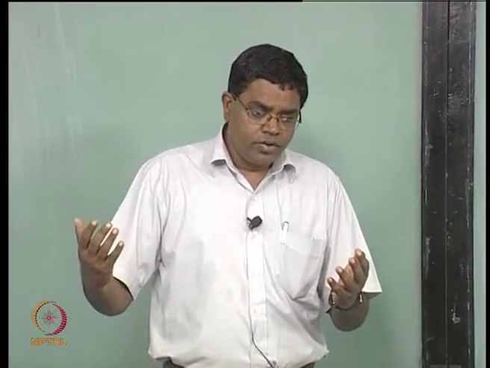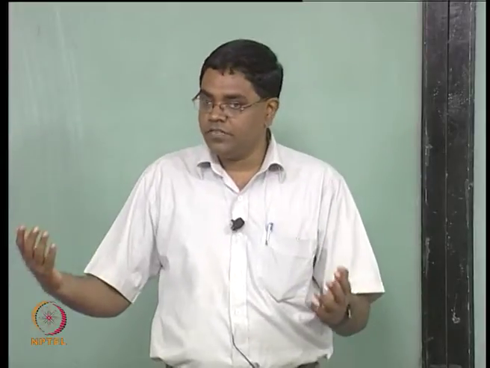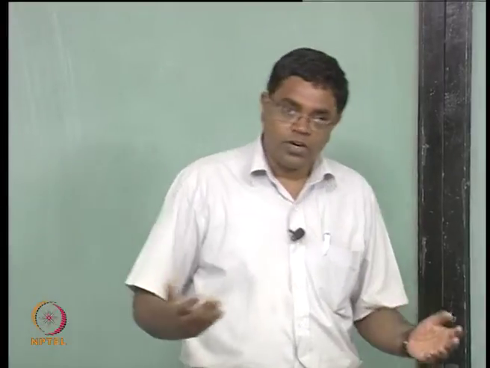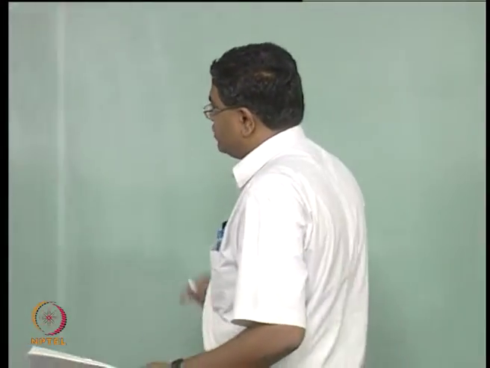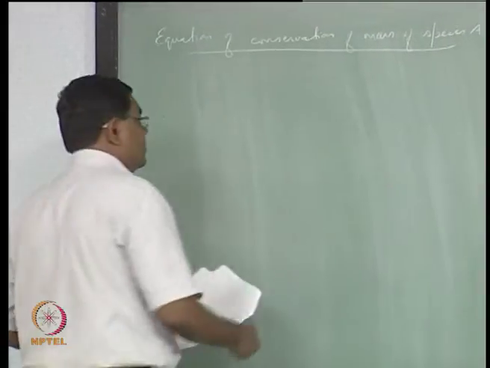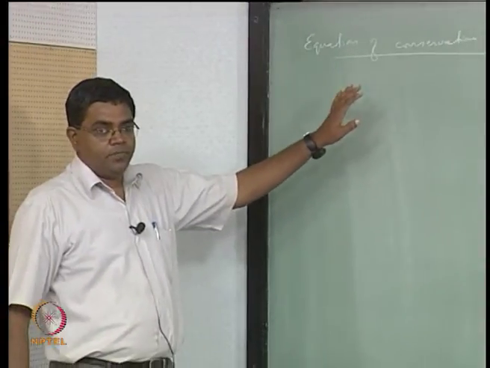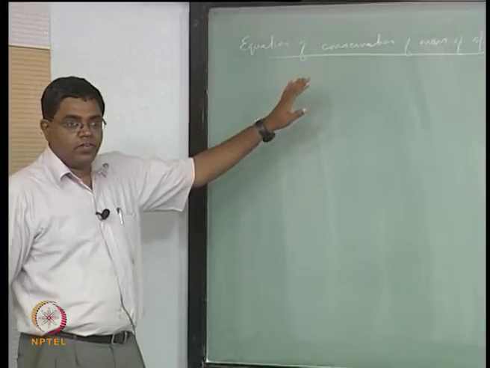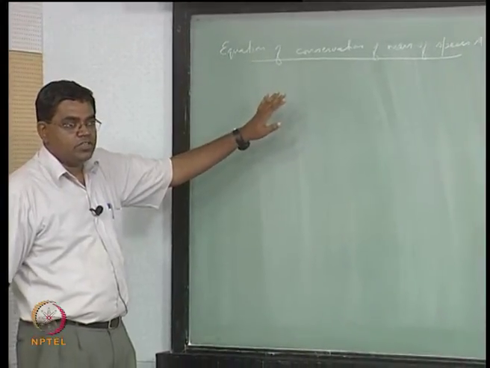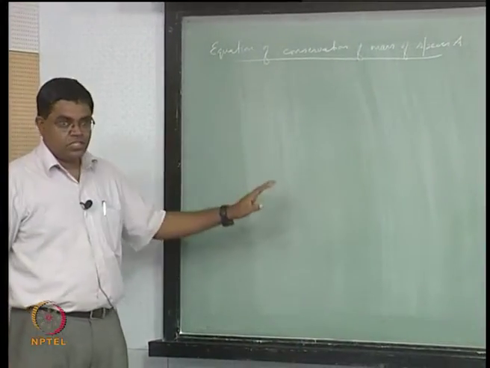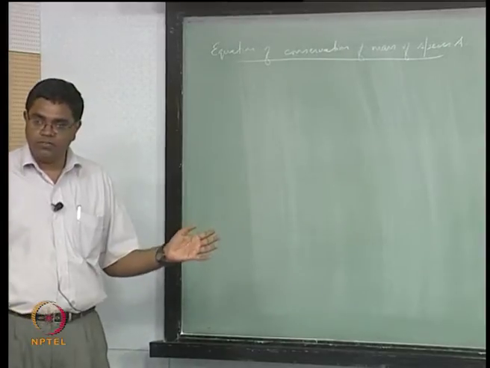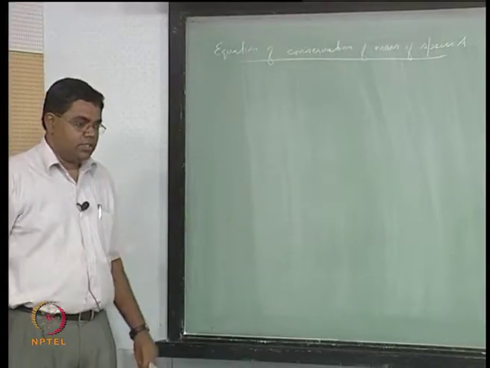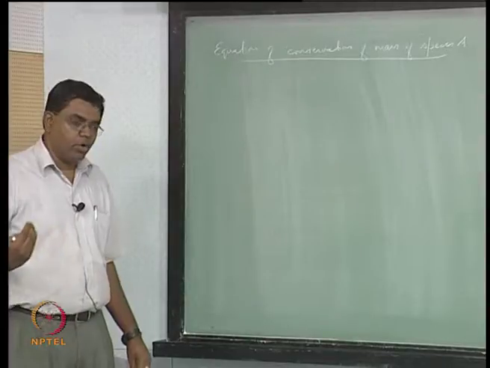So your reactant species concentration is an unknown, and therefore correspondingly you need to have an equation that determines it, and the equation that we will be looking for is the equation of conservation of mass of species A. This is a general mass conservation equation for a particular species as an extension of what we have already seen before in the case of the thermochemical